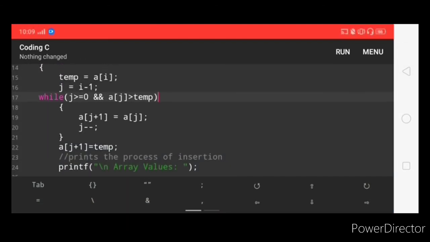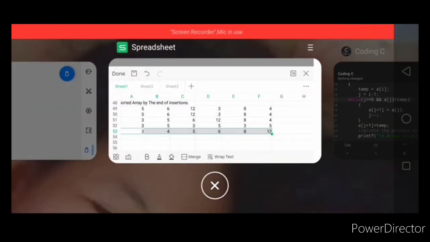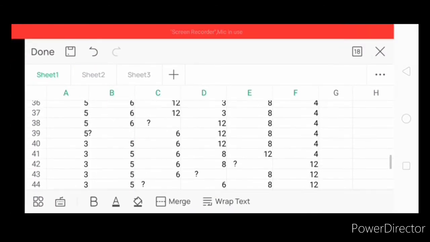So if j is equal to 0, like in our example, j is greater than or equal to 0, and array j is greater than temp. So for example, like in our example in the previous part,